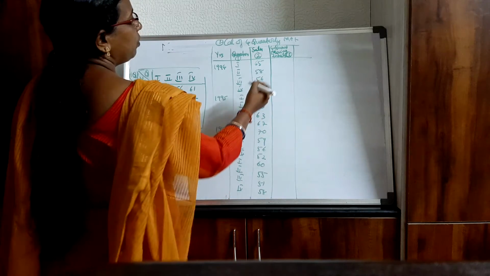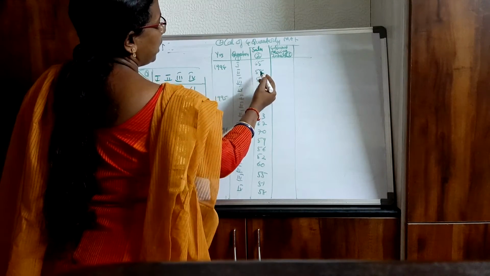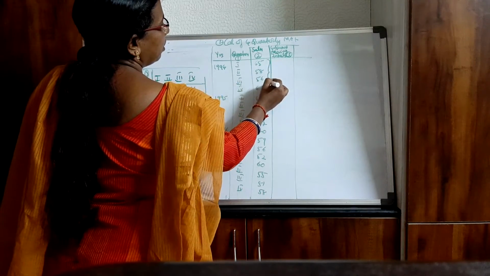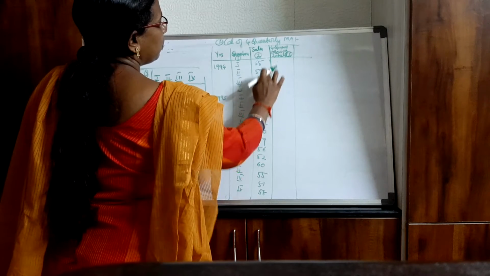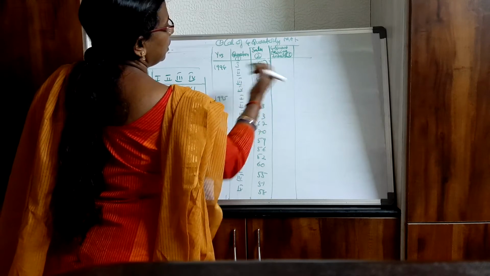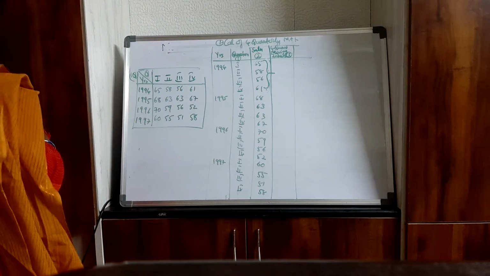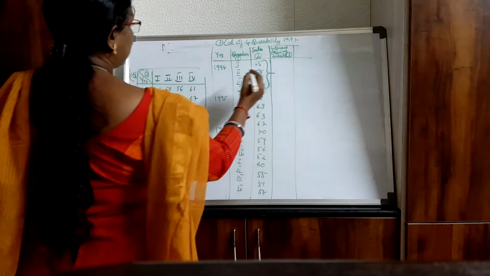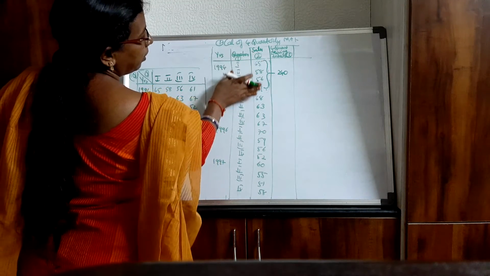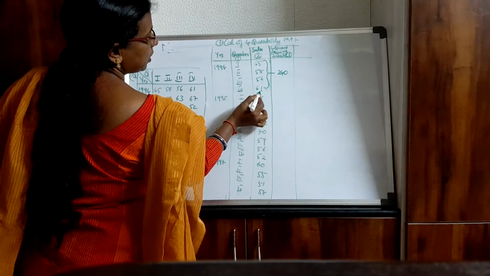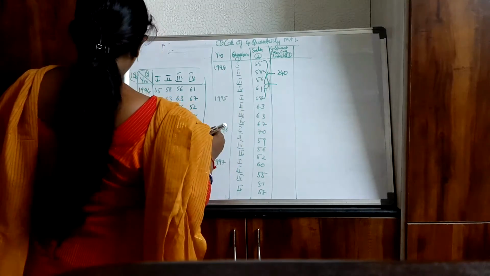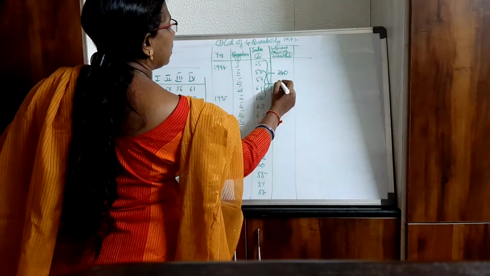So 4 quarterly moving totals means 65 plus 58 plus 56 plus 61. Add these 4 and write in the middle. The middle of these 4 values will be between 58 and 56. So the total I have calculated, I got it as 240. Now leave the first value, add the remaining 4. So 58 plus 56 plus 61 plus 68. That means you are adding these 4, and this is the middle value. So how much am I getting? I am getting 243.